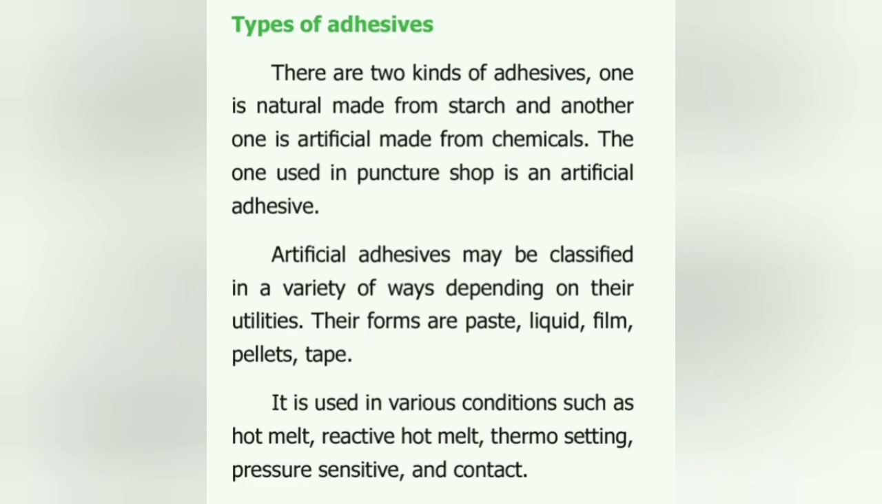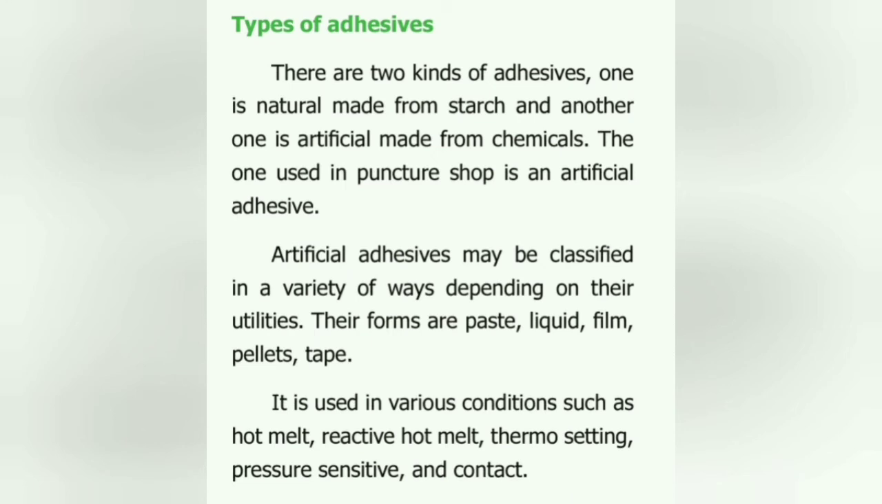The types of adhesives. There are two kinds of adhesives. One is the natural one, the other is the artificial one, which is made from chemicals. The one in the puncture shop is an artificial adhesive. The artificial adhesives may be classified in ways depending on their utilities. Their forms are paste, liquid, film, or tape. Based on the adhesive, it is used in various conditions such as hot melt, reactive hot melt, thermosetting, pressure sensitive,